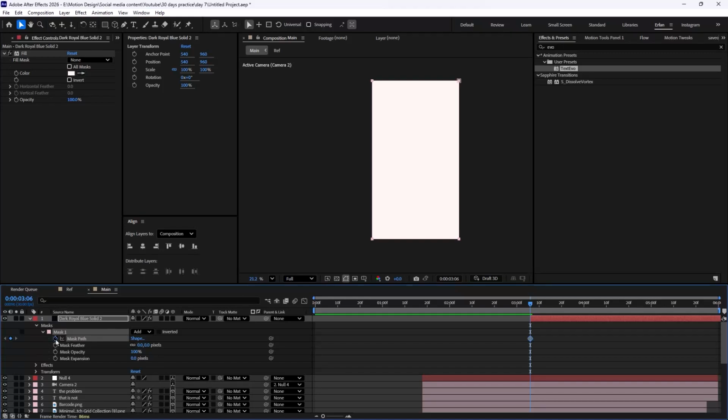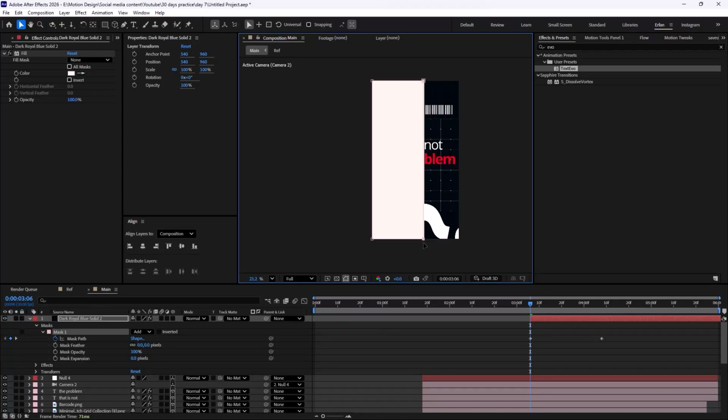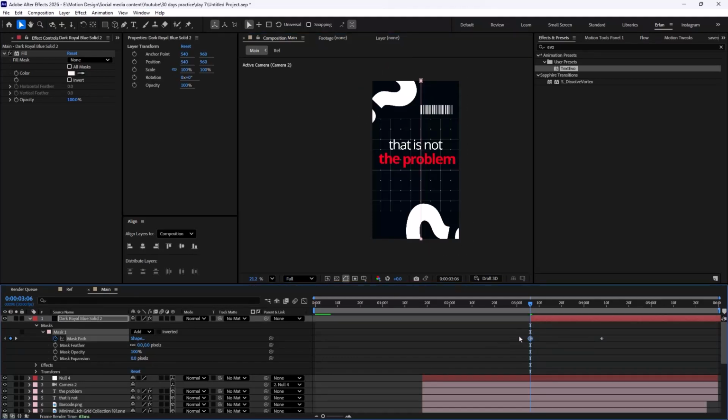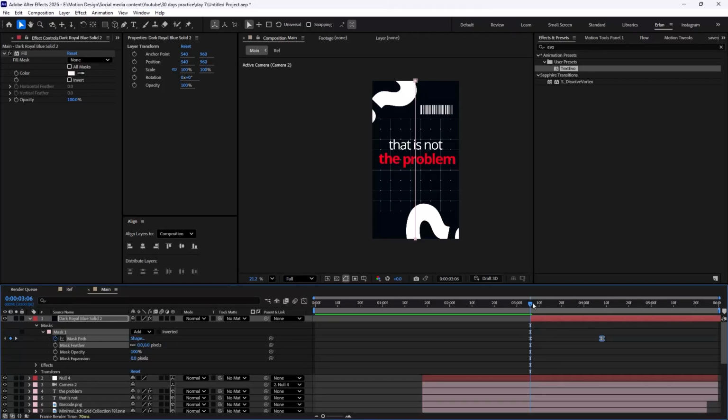I'm gonna just set a mask path keyframe, and then we're gonna just adjust it like this. Okay, we're gonna just push it towards the middle so it can be equal. F9, we're gonna go towards the graph editor. With the layer selected, I'm just gonna set it like this.